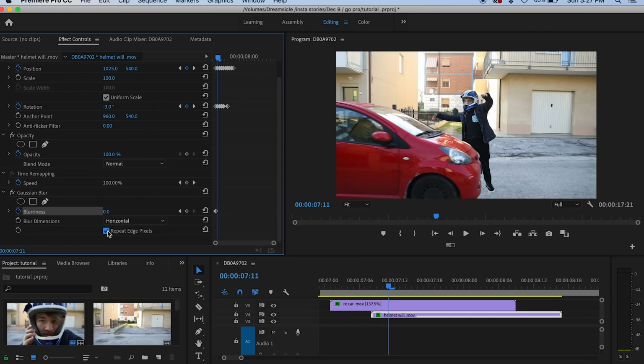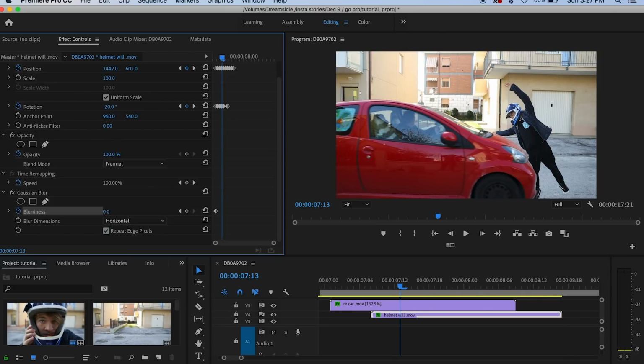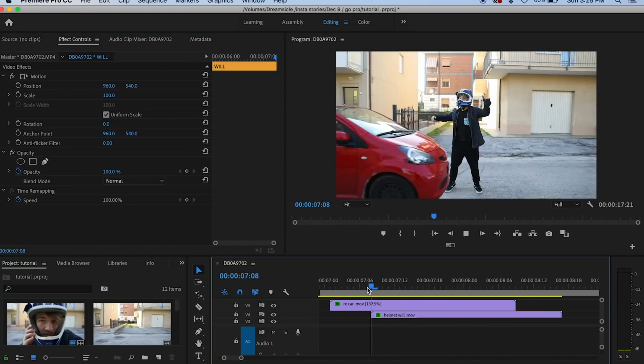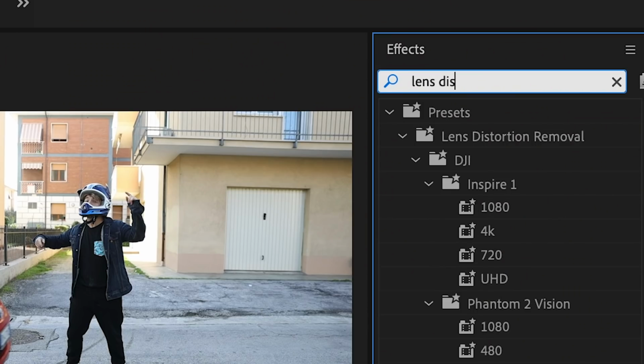So basically go a few frames to the right and turn your blur up. You don't wanna do anything like this that's too blurry, but I'd say a solid 20. 21 is great. Now let's watch that back. Bam, all right. Now what I've actually found recently is that if you go to effects and add a lens